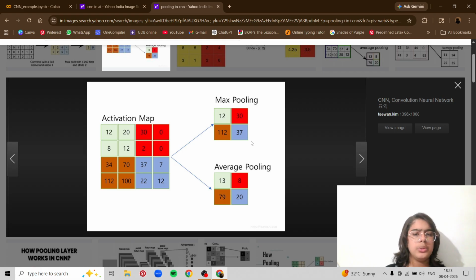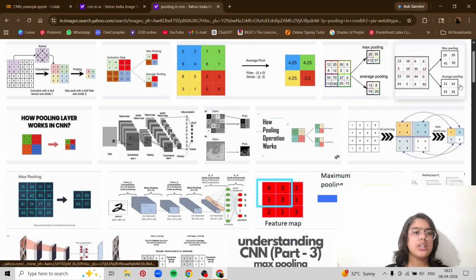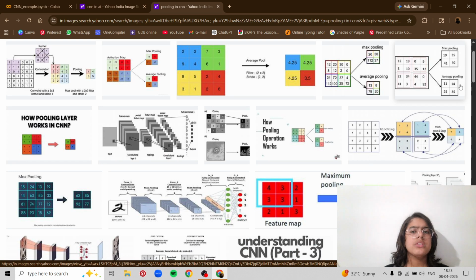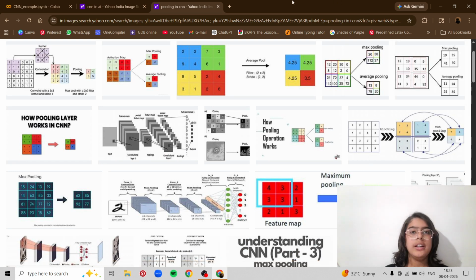Now what is average pooling? It is actually really simple. In average pooling, I am not sure about max pooling because that is used in higher codes. In average pooling, it will basically take out the average of the 4 squares. So it is really simple. It is usually used for colors, like which color to apply.